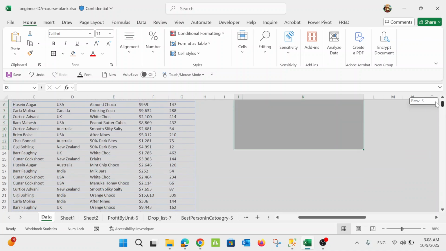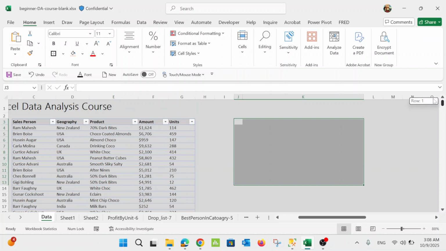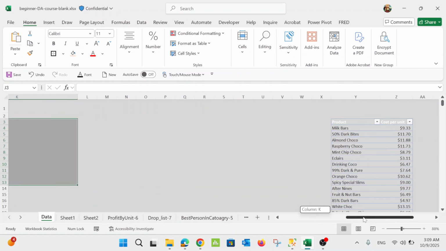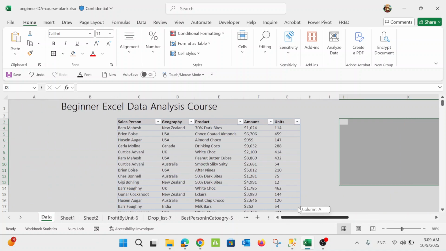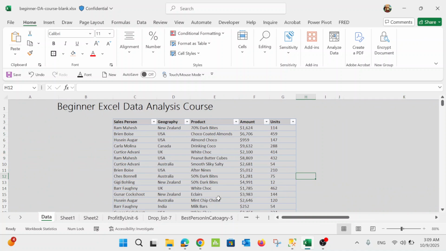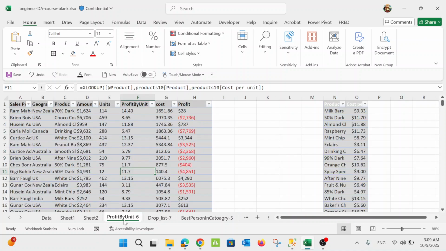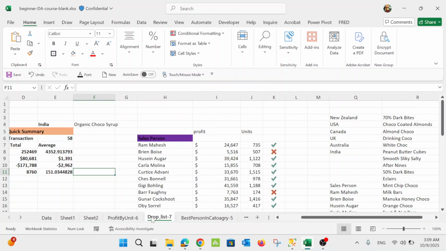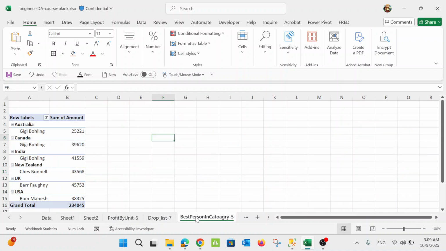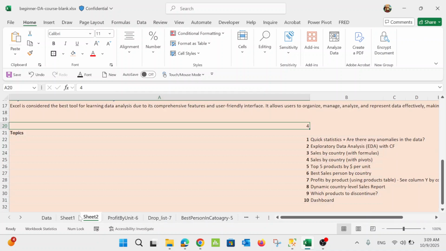It's just names, countries, product, amount, and unit. I also have a very small support table here that I can use to do some analysis. From this table, I go through different types of analytics, and in the end of the day, I will write the dashboard for this analysis.